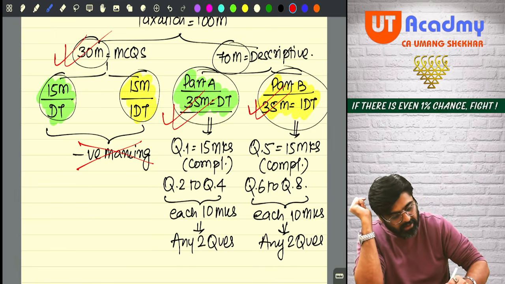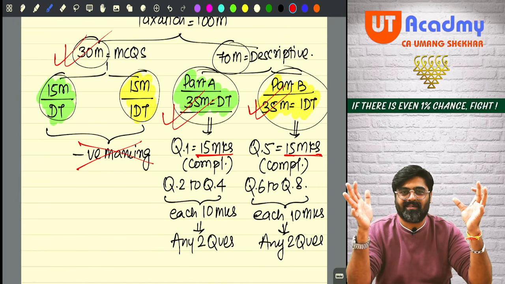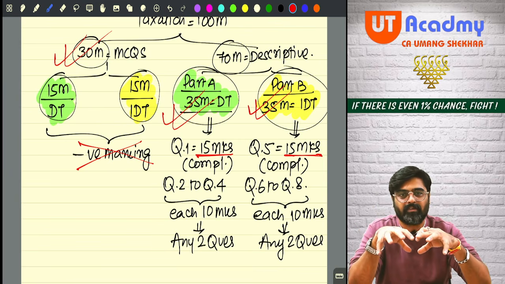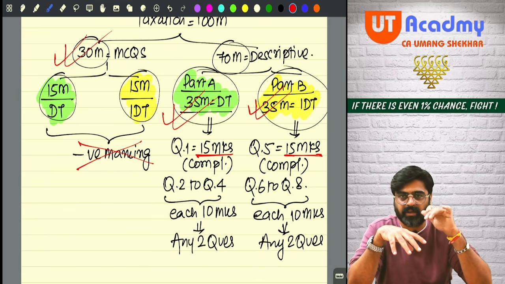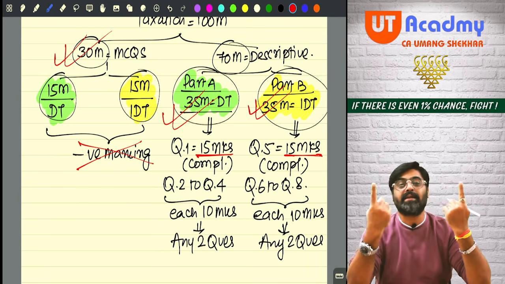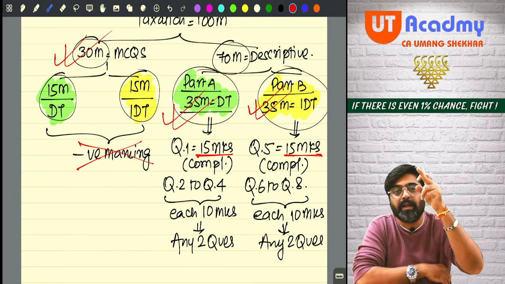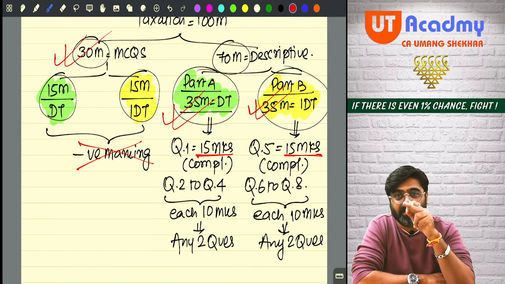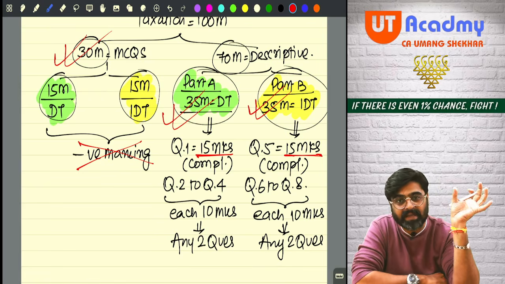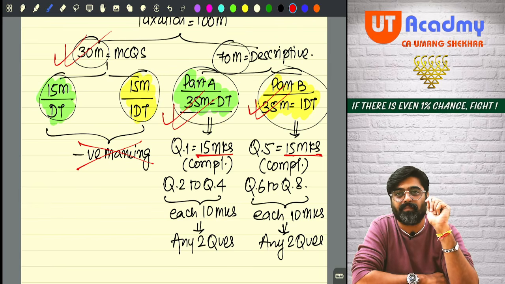Now see, this 15 marks question will be a big question. This will incorporate many concepts of that particular subject. For example, if I am talking about direct tax 15 marks compulsory question, question number 1. So in that first question itself, the entire DT will be covered, and different concepts from different chapters will be merged together in this one question. Likewise, the same thing will happen in IDT. Different concepts of entire indirect tax will be merged, and they will be asked in the single compulsory question.